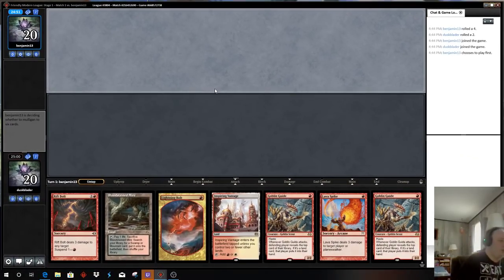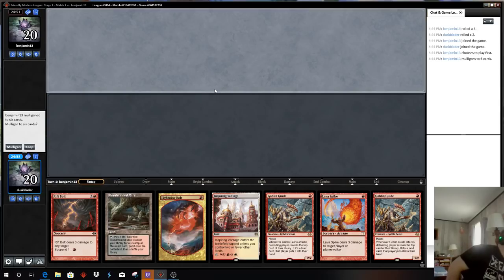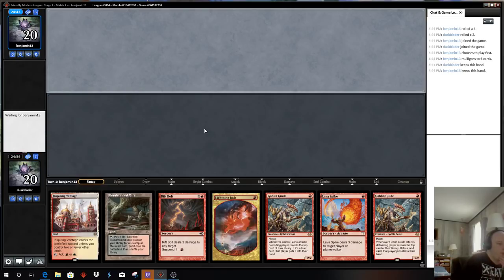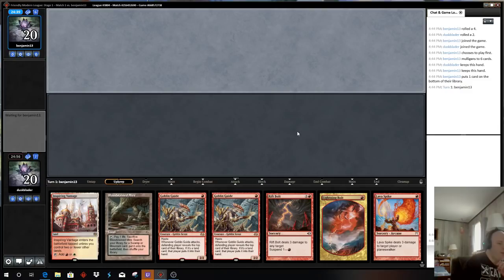Match number 1 and 2. This hand's pretty decent. Trying a slightly different format. Instead of doing just one match per session, we're going to try 2 matches per session. Double Goblin Guide, some burn spells here. Obviously pretty decent depending on what our opponents...